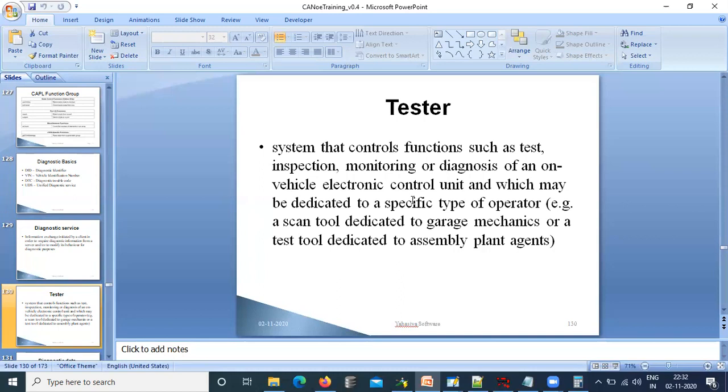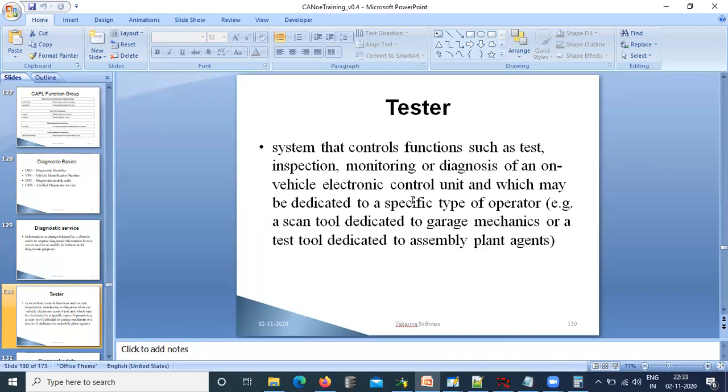The tester is something like a separate software program or separate simulation, a CAN simulation or a CANoe node, from which we will request various things from the ECU which is connected. Sometimes we will flash, we will read the memory, we will write, we will run self-tests, we will write something to the port, we will make the telltales glow, we will read the sensor, we will calibrate the sensor. Many things we do in diagnostics, but all of these should be done by the tester.